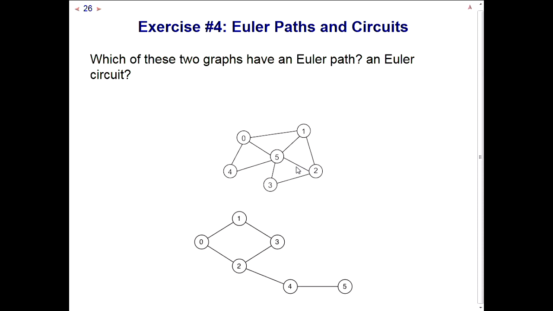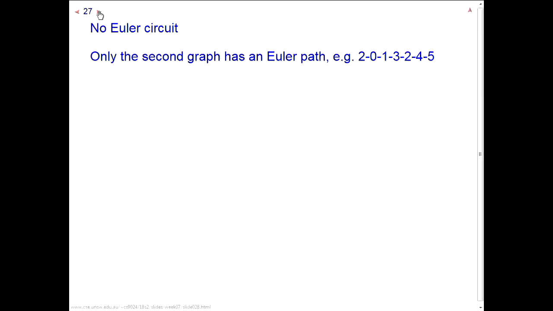What about this one? Yes, it does not have an Euler circuit, because here we have an odd degree with 5, and node 2 has odd degree. So every path has to start in 2 and end in 5, or the other way around. And then it's quite easy. We can go from 5 to 4 and just in that direction, or from 5 to 2 and then in this direction and visit all the edges exactly once. So that's a very nice criterion, which we have applied here. And we can easily find an Euler path,